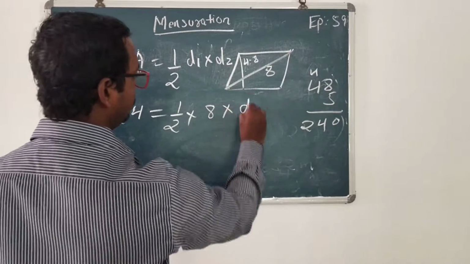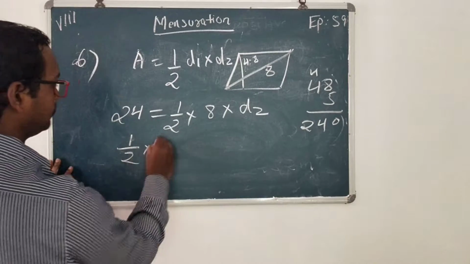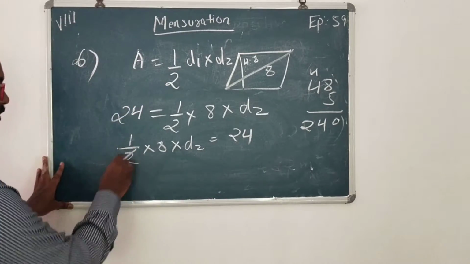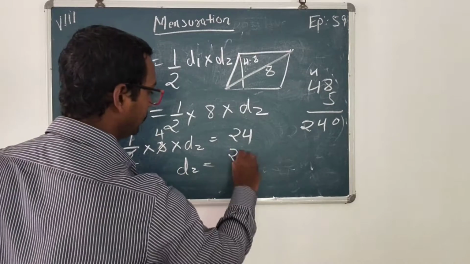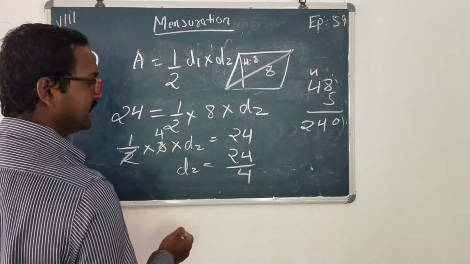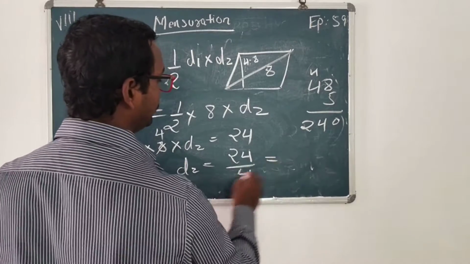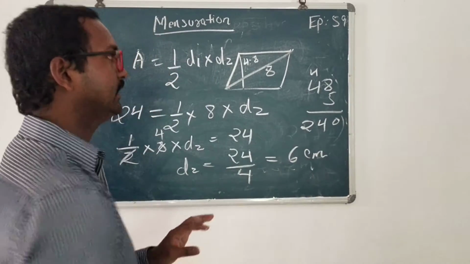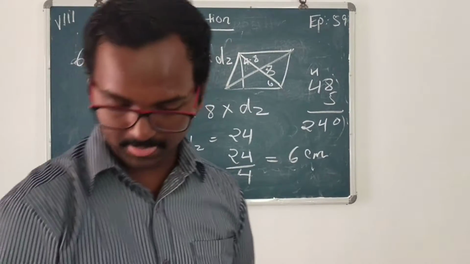How much is diagonal 2? We do not know. We have to find this. Rewrite it like in the previous step we have done. Okay, now we can solve these two. We will get here 4. So 4 d2 is equal to 24. d2 is equal to 24 divided by 4. This in multiplication, once we take it to the other side, right hand side, it will go to the denominator as division. Okay, so 4, 24, 6. 24 divided by 4 is 6 centimeter. So the answer is the other diagonal is how many centimeter? 6 centimeter.